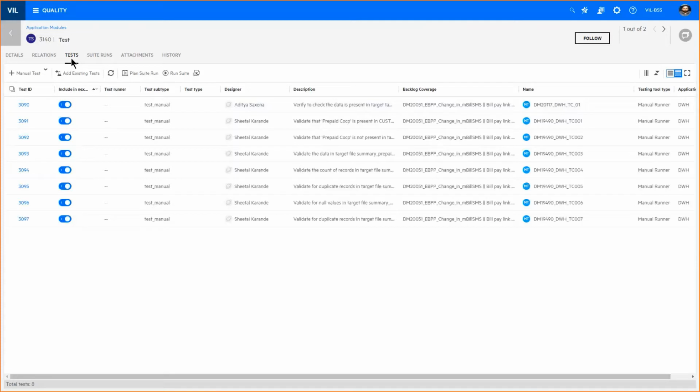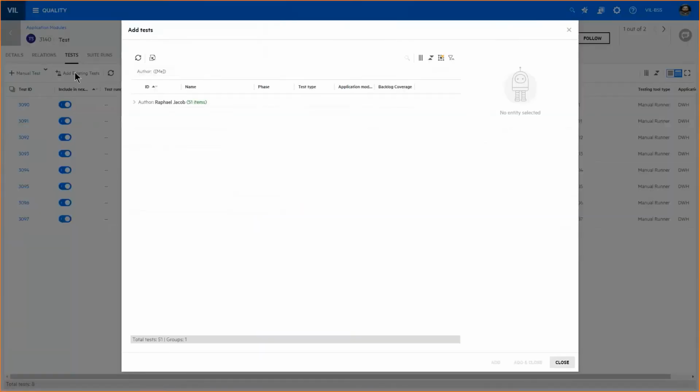Once you have uploaded the test cases in Octane, you need to create the test suite, come to the test tab, and click on add existing tests. Then fill in your filters. For instance, I've taken author as myself. Further, you can add your demand number as a filter as well. Click on add, say demand number, and enter the particular demand number for which you've created this test suite. Doing that will filter out only the test cases uploaded for that particular demand.